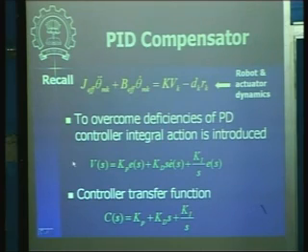Now how do we overcome some of these deficiencies? The answer is PID control. So let us look at the next strategy, which is PID control. Recall again the combined equation of the robot and the actuator dynamics in this fashion. Now, to overcome this deficiency of PD control, the most important one, the steady state error, you introduce this